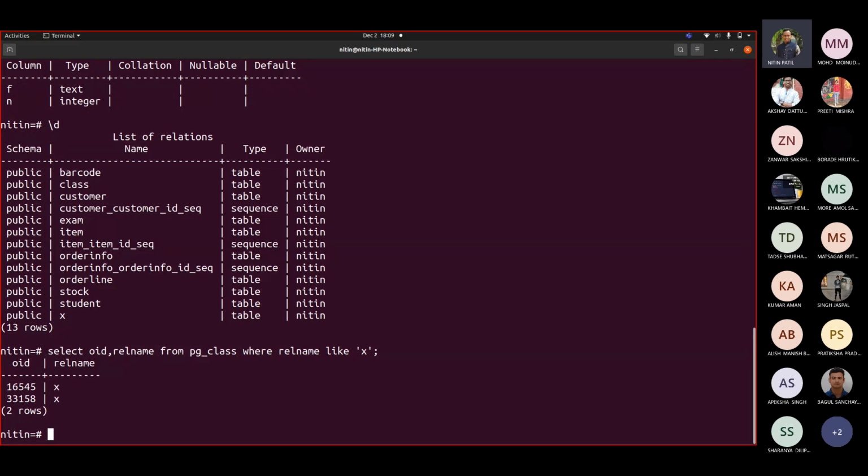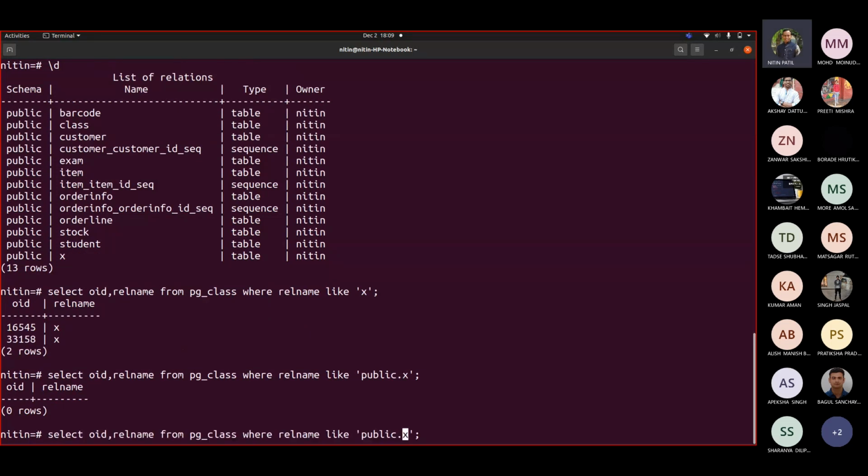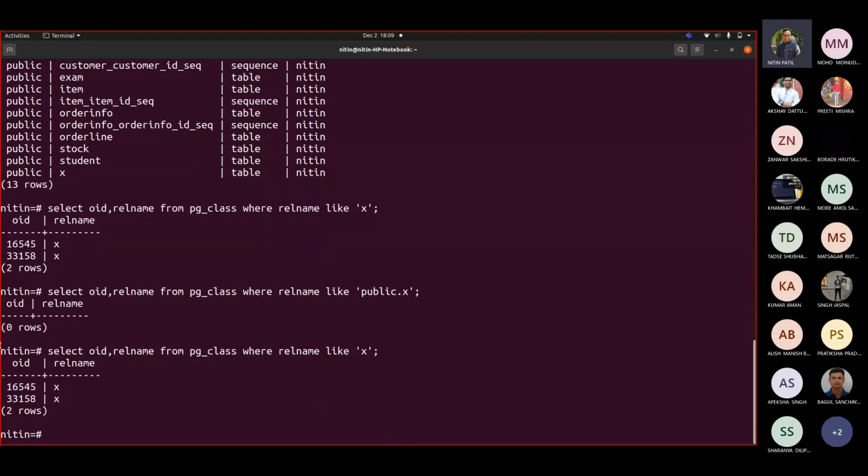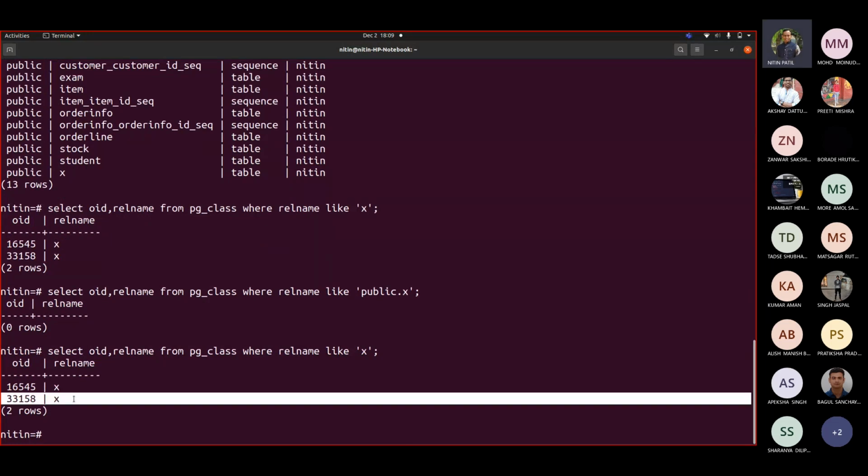I assume we already talked about how to create your own schema. Right now I can see that for my X relation, if I write public like this, it is not available. Okay, X. Fine. It must be this record because it is the recent one.